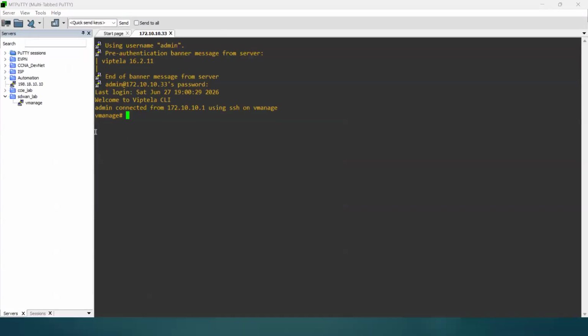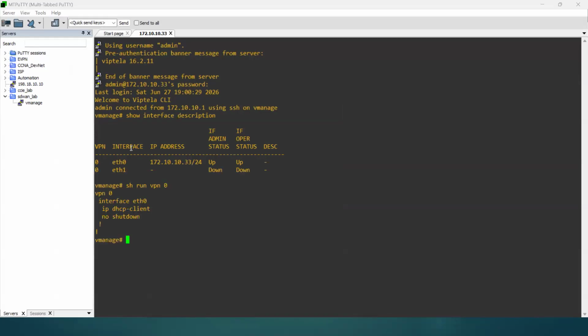I have this vManage, right? Now it's easy for me to write something here. Show interface description. Show run VPN 0. See, both are part of VPN 0 at the moment. Show run VPN 0. So this is also part of VPN 0. And this is also part of VPN 0. So just to show you this, if I can go here and